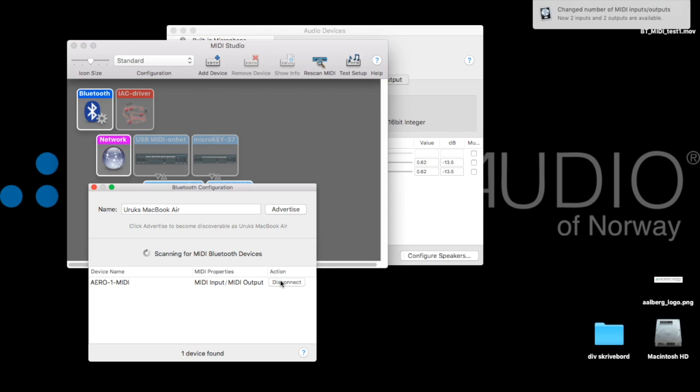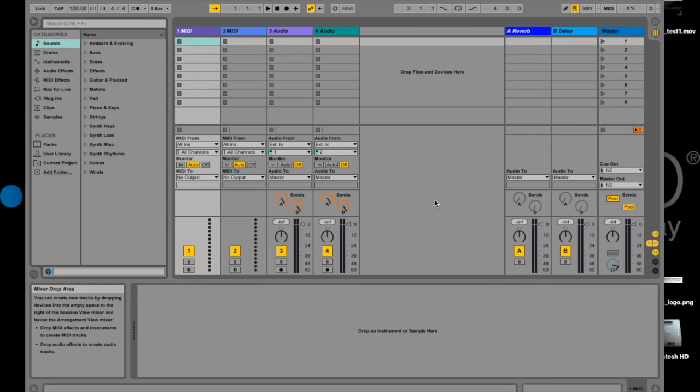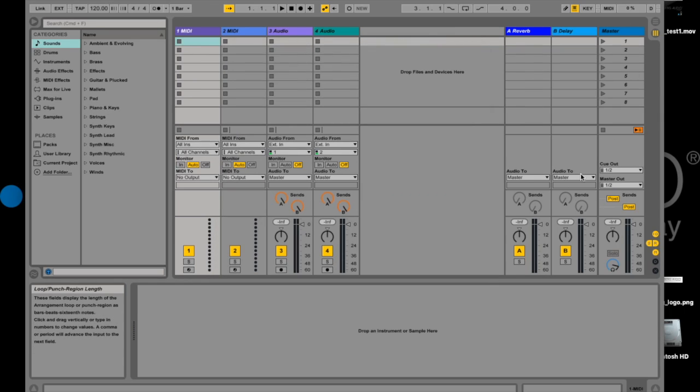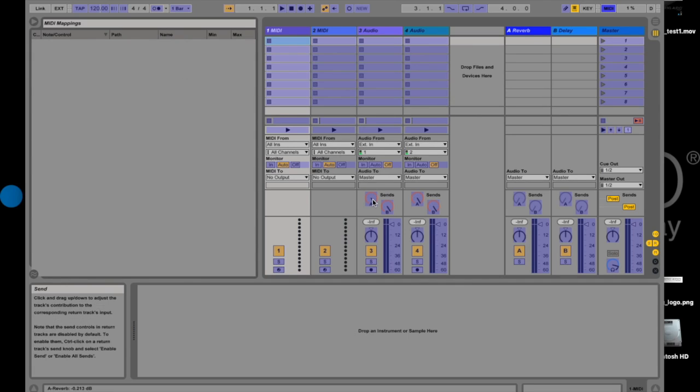Now you can actually use the AERO controller to wirelessly control whatever you want in your audio software. That's really cool. For example, in Ableton Live, make sure that these guys are turned to on in the MIDI preferences for the AERO. Open the MIDI mapping editor, just remove this. Now you can select the parameters you want to change, and when I now turn the dial of the AERO,